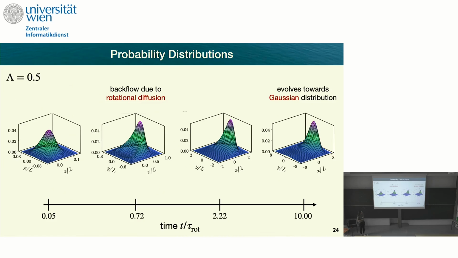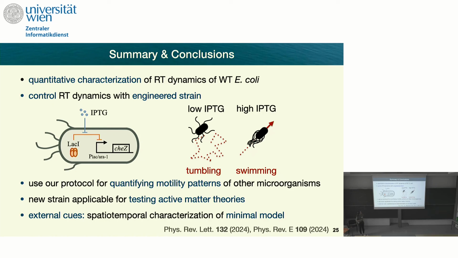Okay, I think with this I just want to conclude. I hope I could convince you that using a lazy technique, we can extract motility parameters of E. coli cells, and I introduced a strain where we can really tune the tumbling statistics irrespective of the speed of the cell. And we can now move towards models that start taking into account external fields, so we can study chemotactic behaviors of